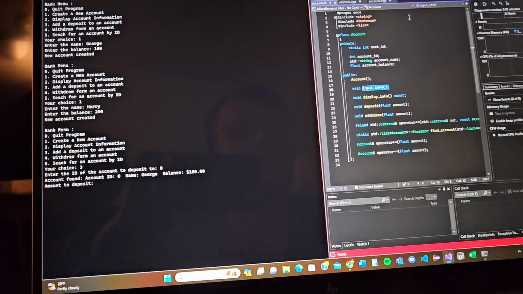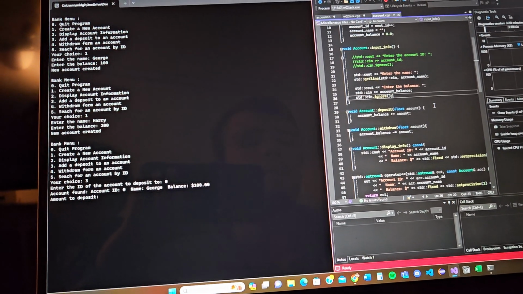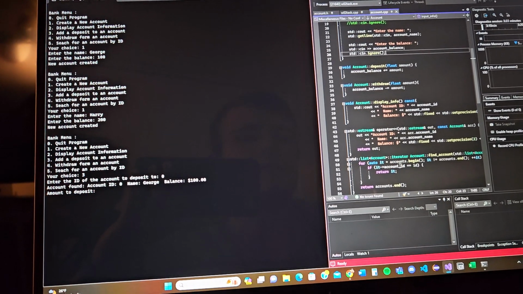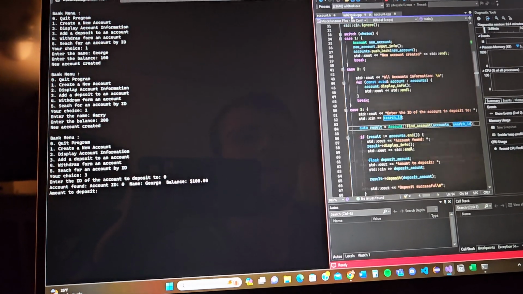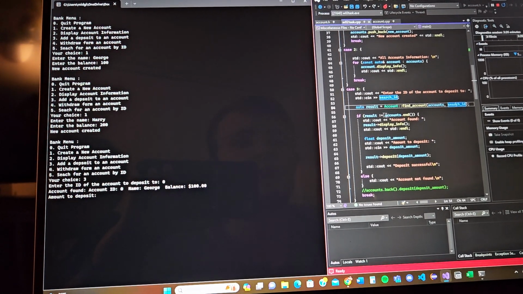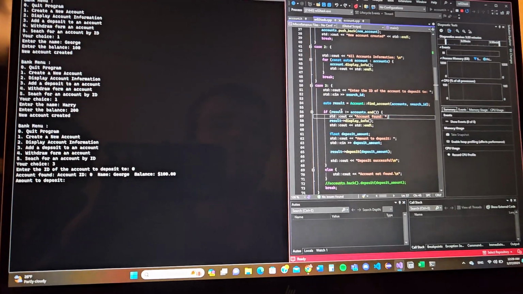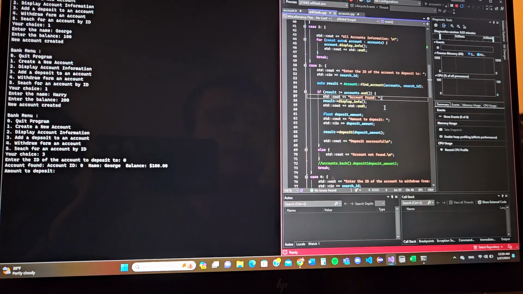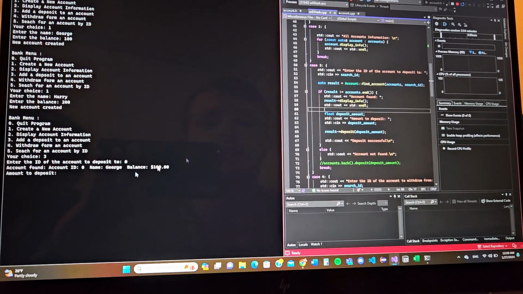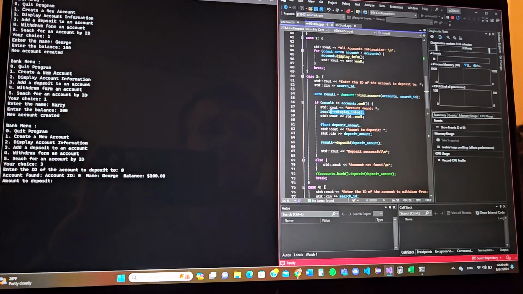All right, so if we come into here, we're finding these accounts here. All right, and then what's going to happen is it's going to say if the result is not that, go into here and continue down here. We give the account. This is saying display info,